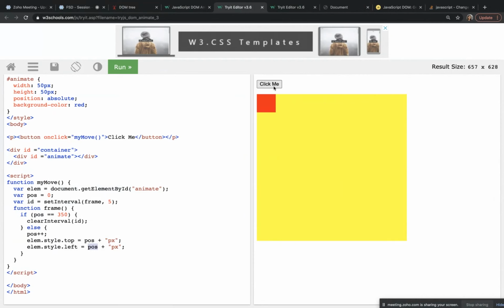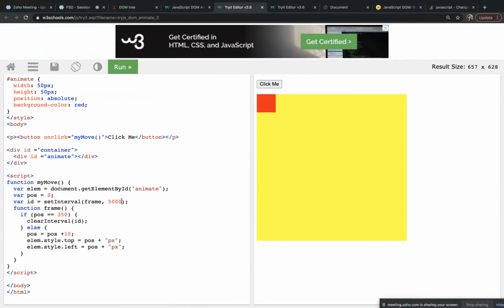When I click it, let me add 5 seconds, and then position equal to position plus 10. Okay, I need to click on it.